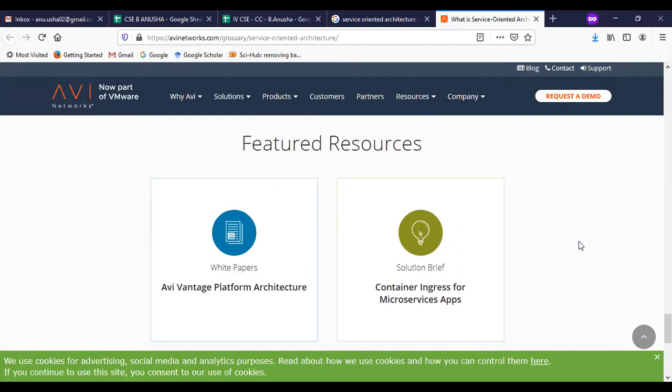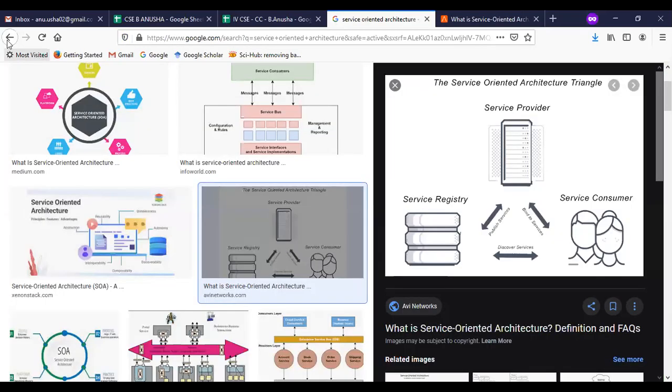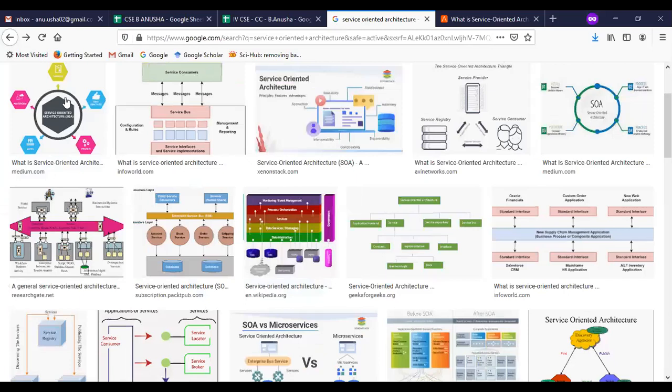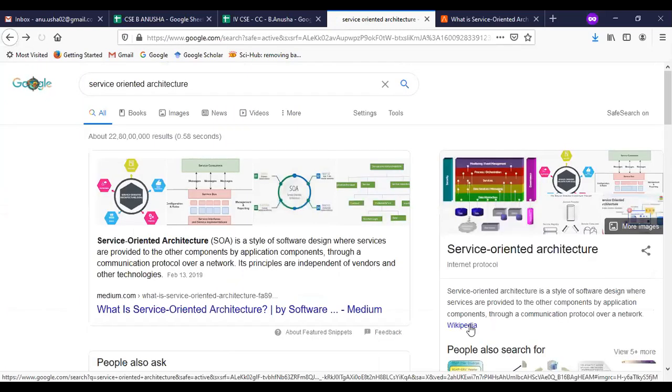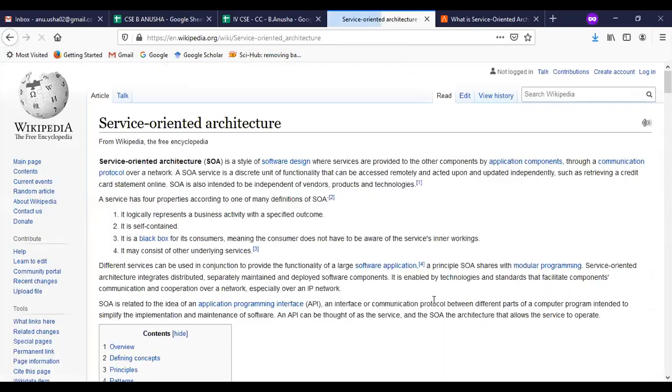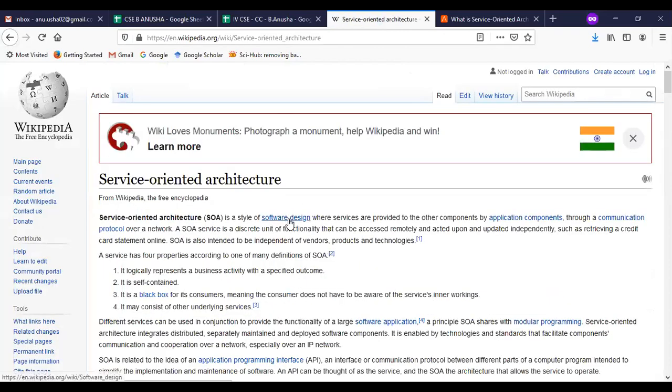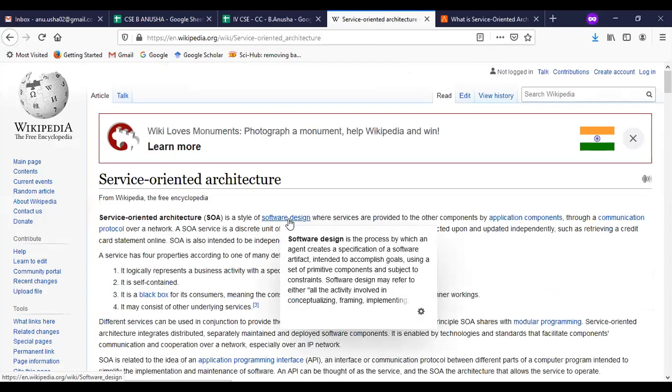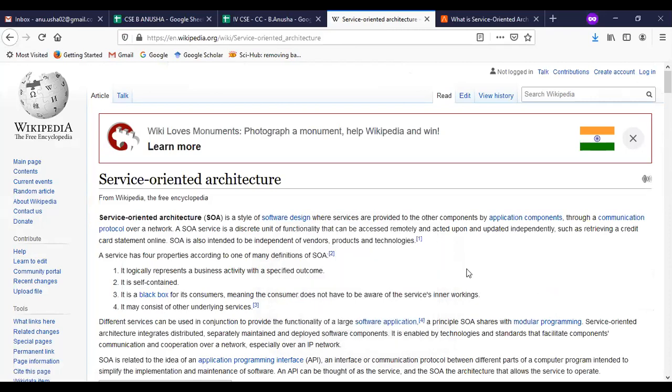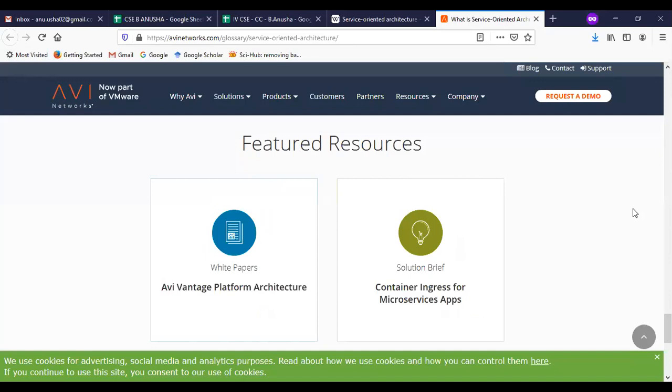So here, in the previous example, in this Wikipedia you have seen a documented copy. What is a documented copy here? It allows us to know about the slide information when you place the cursor on it, so it gives a description orientation. If you go for this, what are these white papers and solution briefs? You come to know nothing about this.